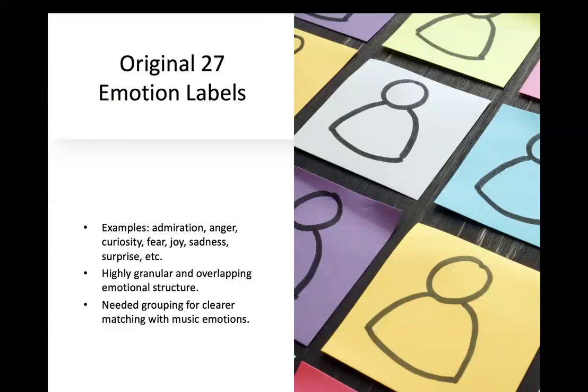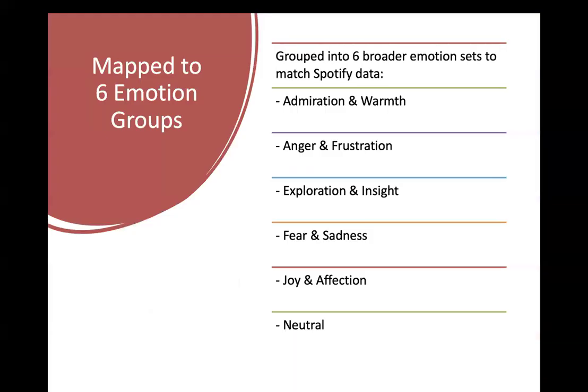Many of these emotions overlap semantically or have minimal distinction when it comes to music alignment. So we clustered them into broader groups to make emotional matching more practical for the chatbot. The next slide will be about emotion group mapping.